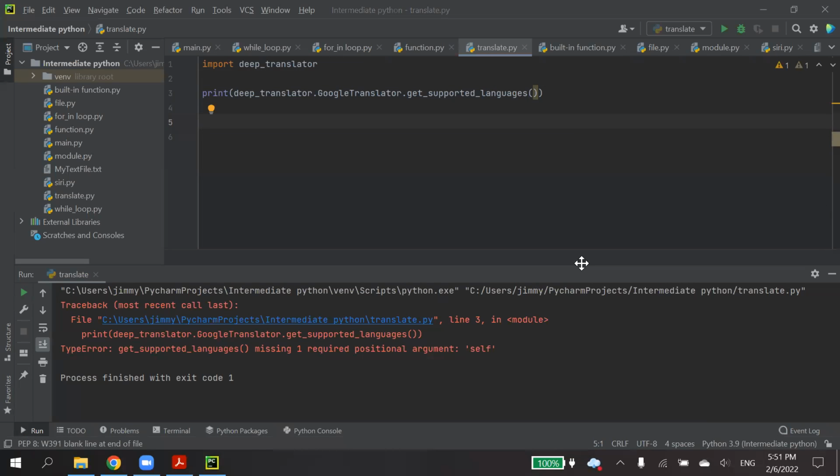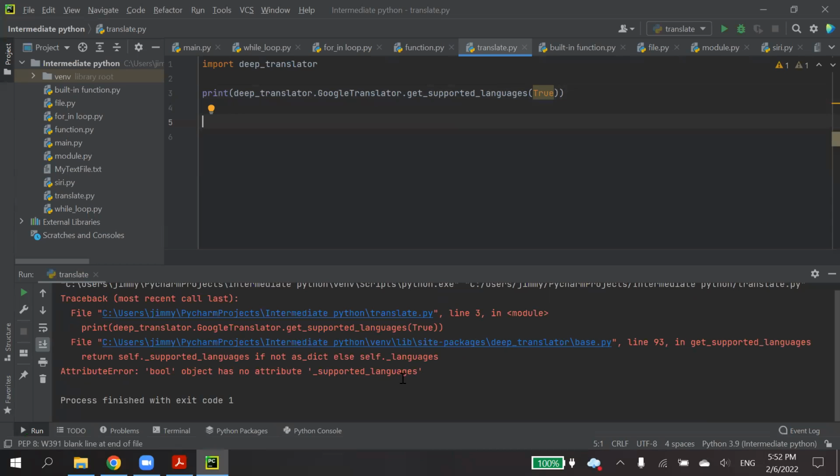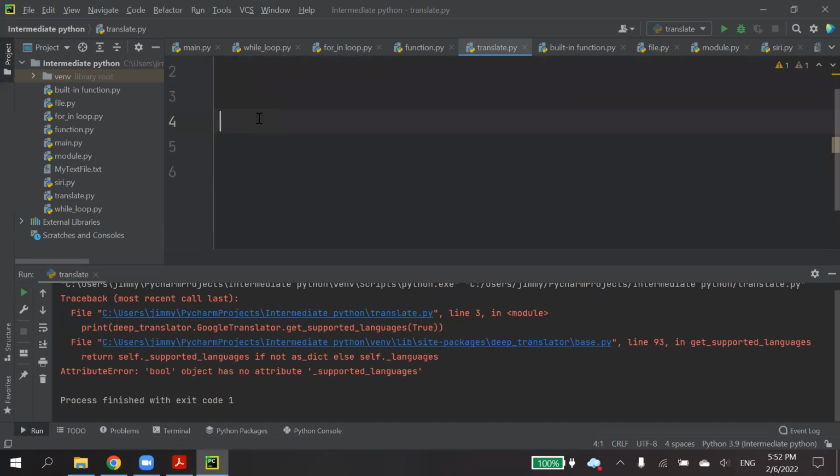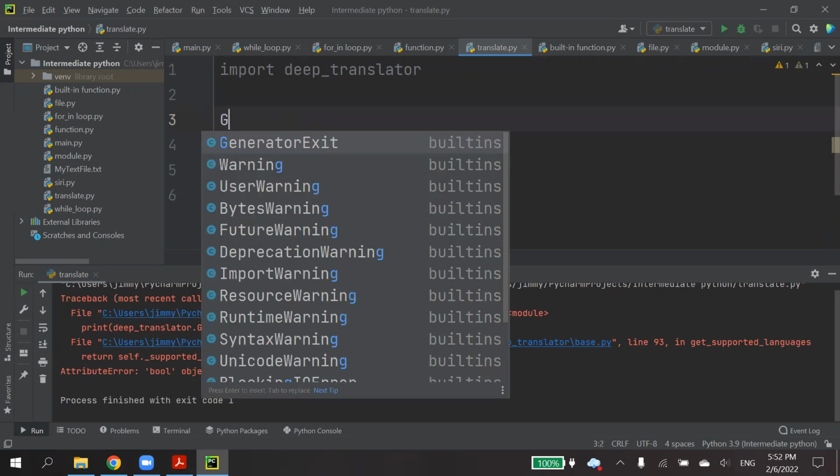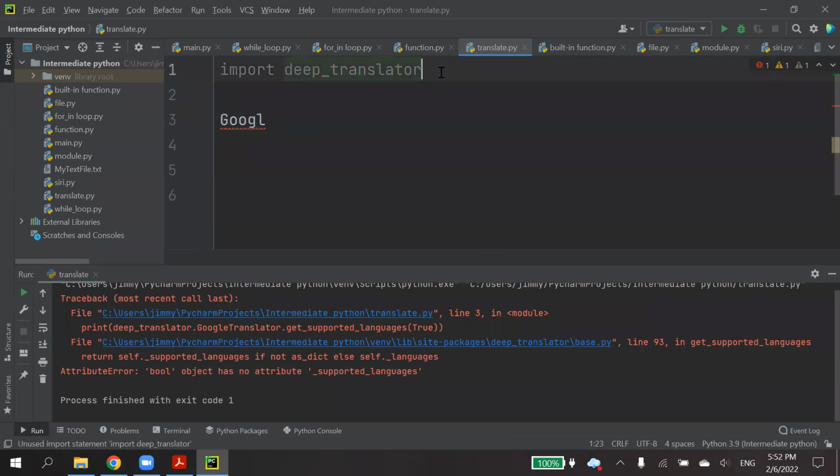Okay, it is not working. I think previously I wrote it differently. Okay, never mind. Let's skip this step first and see whether the rest works or not. Let's carry on.